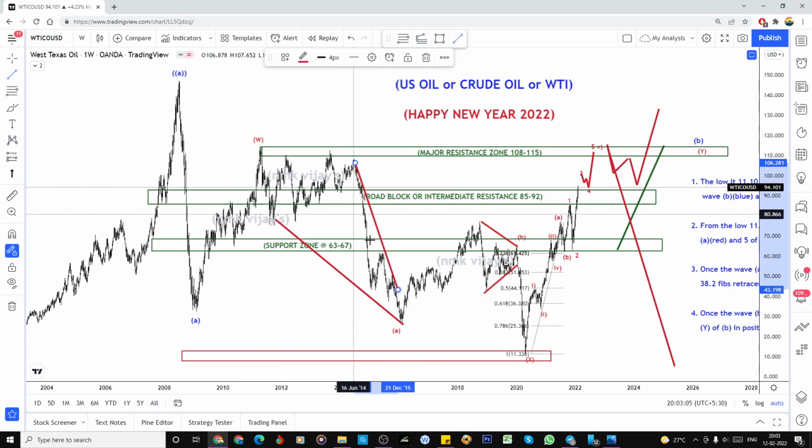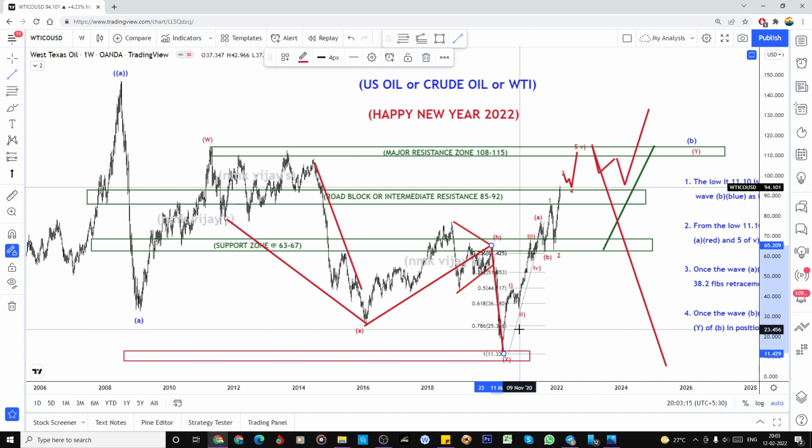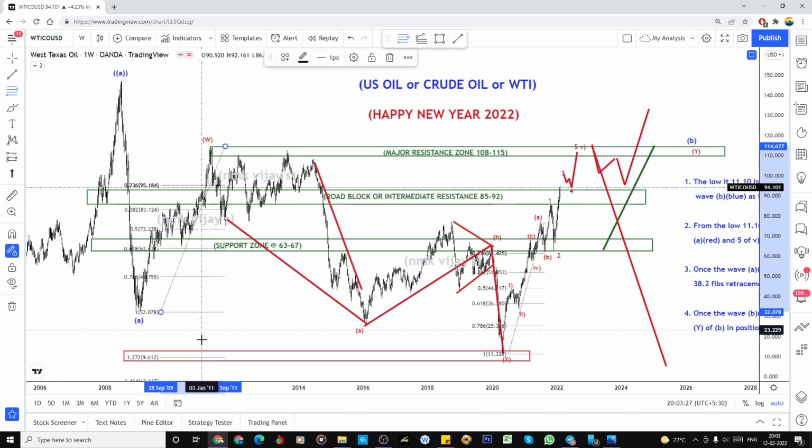So I make this as a 5-way structure as A. So B is a triangle, and C is... But I had a doubt about what you are having now. This is the bigger, and C is the smaller. It can happen. So once the 3-way structure is completed, and exactly where we are, 1 to 7,